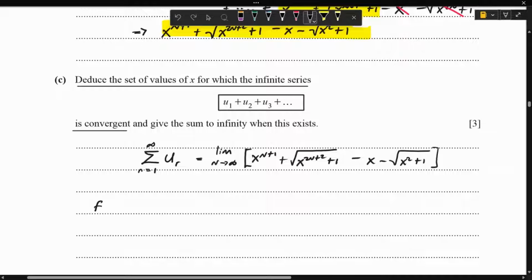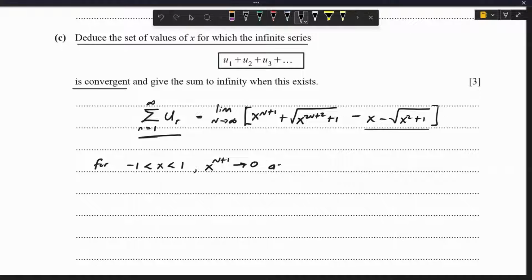You need to understand that for values of x between minus 1 and 1, x to the power n plus 1 will approach 0 as n approaches infinity. So this becomes 0 and this part too will tend towards 0, and if that is so, it means that the series